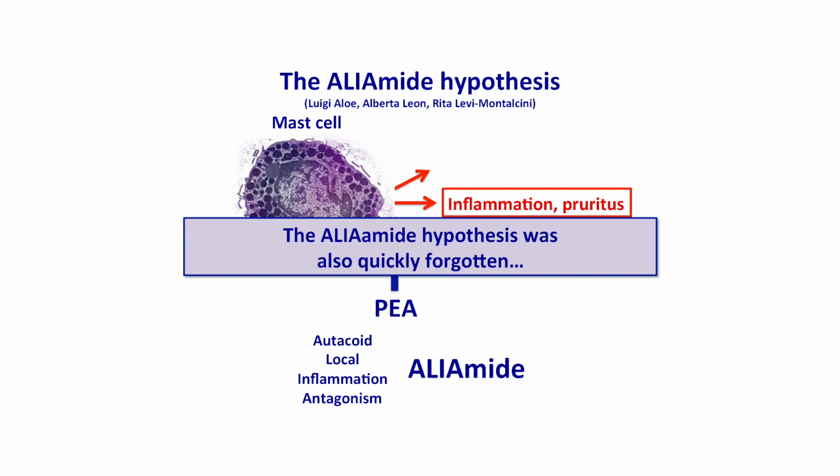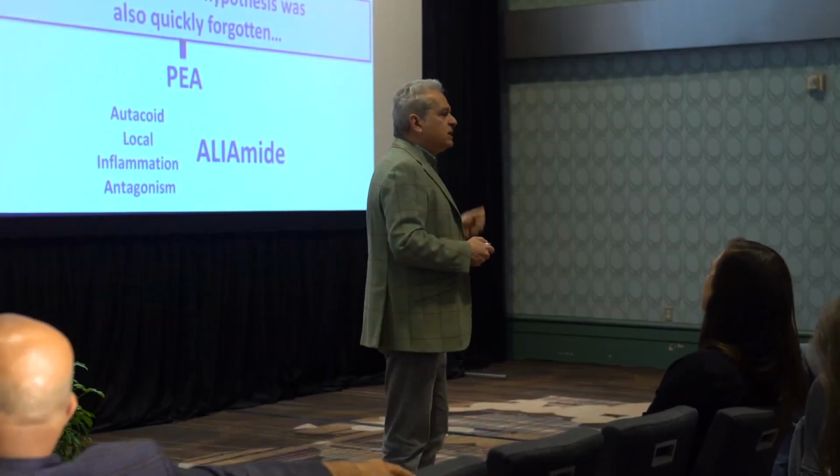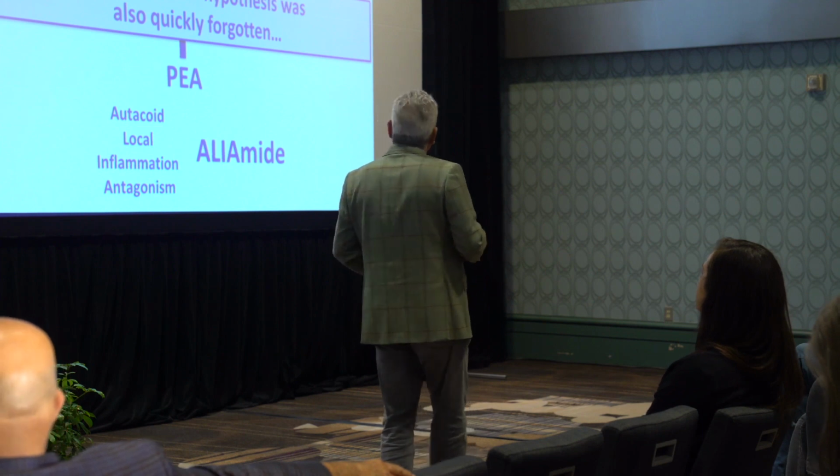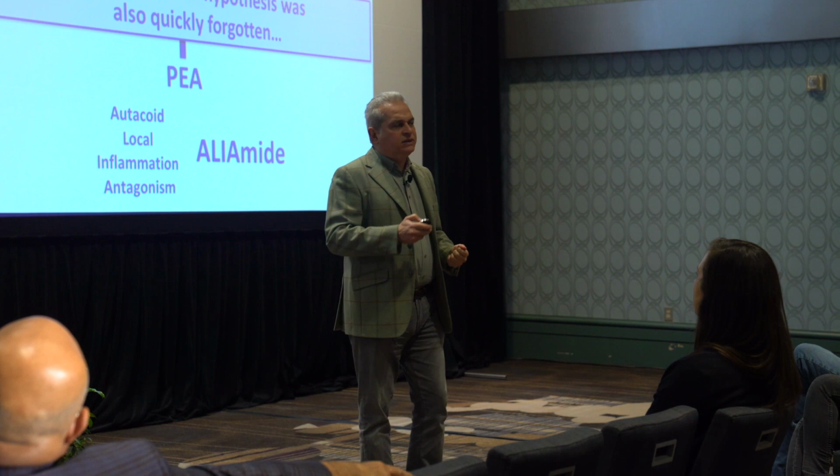The concept is that PEA is a natural medicine. Autacoid means natural medicine. It's a natural medicine produced by the body to block mast cell activation. It turns out that this idea is incorrect, but it put PEA back on the map. However, unfortunately, this hypothesis also was quickly forgotten, just like the Czech study with impulsin. So my lab became interested in this